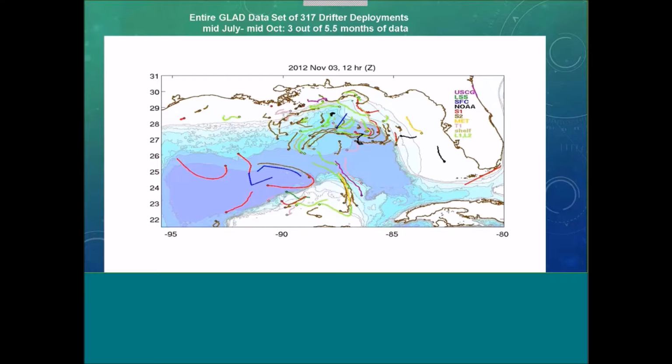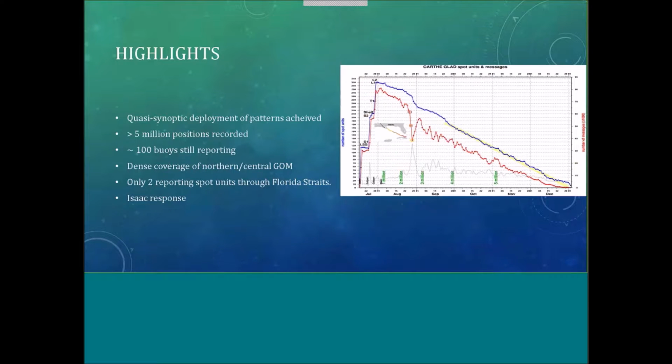And this was just as a side note. This is because there was an eddy detachment of the loop current, and it went straight through. It wasn't going up into the northern Gulf at that time, much like it was during the Deepwater Horizon. So if you recall, the loop current didn't come up and entrain all that oil and bring it towards us here in Florida; it stayed up in the Gulf. And similarly, 2012 was set up the same way, and we got a chance to see that.